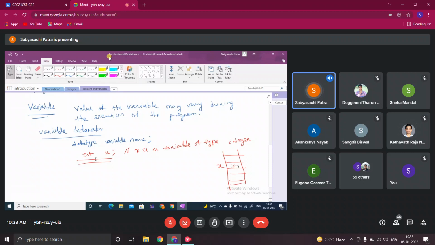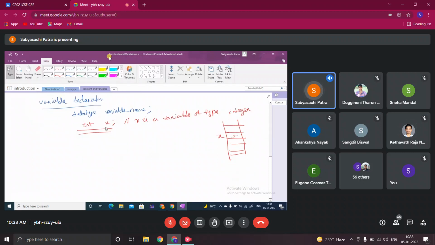Integer data only, because C is a strictly typed language. You specify the type of the variable, x is of type integer, and x can hold only integer values. That is why it is a variable: you can put 10, and after some time put 20.